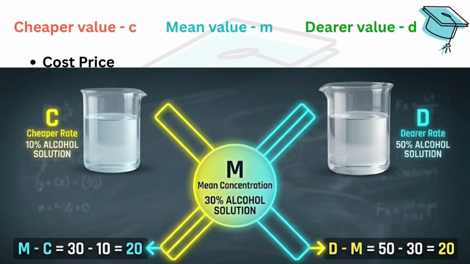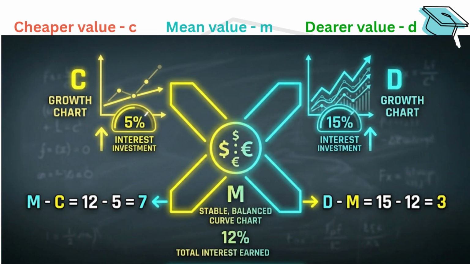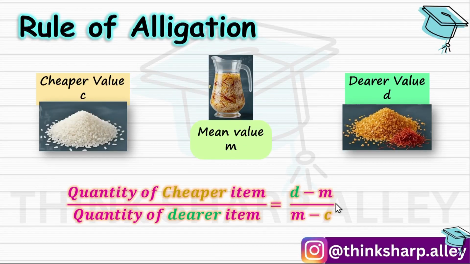It is also used when you have two different rates and want an overall average rate. For example, you invest money at 5% interest, that is your C, and some money at, let's say, 15% interest, that's your D. At the end of the year, your total interest earned across both is 12%. That becomes your M. It can also be used for things like speed or scores, average. I hope you've got the point. Now let's apply this logic in our problem.